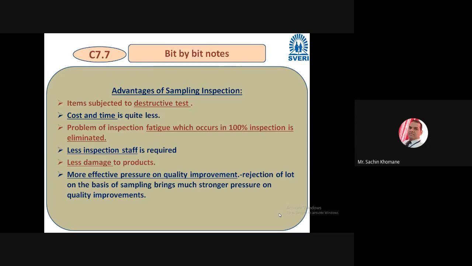So that's why this is a very, very important advantage, you can say. People will be motivated for quality. How? Because they will understand that if two components are defective, the party may send the whole lot back to me. It is my loss. So he will think there should not be any defective component. That kind of intention that person will have, and he will be motivated towards quality improvement. Right? It is logically true. So these are the advantages that we have seen.